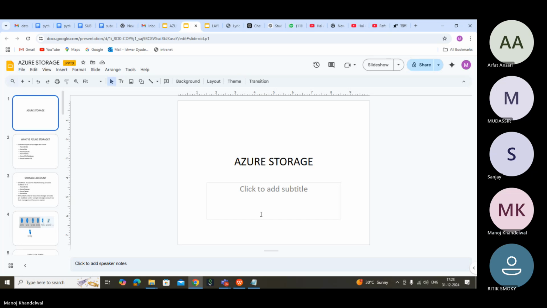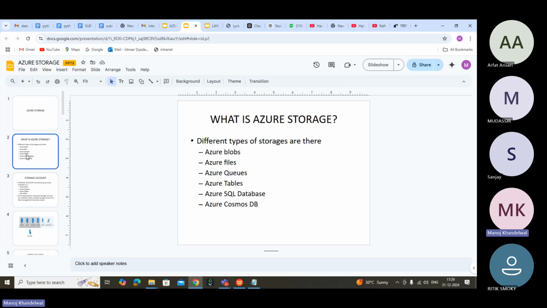Hello? Yes, sir. Okay. But with cloud, you have to understand that storage is a different entity altogether, which you have to procure. So we have these types of storage. You can take a snip of it.